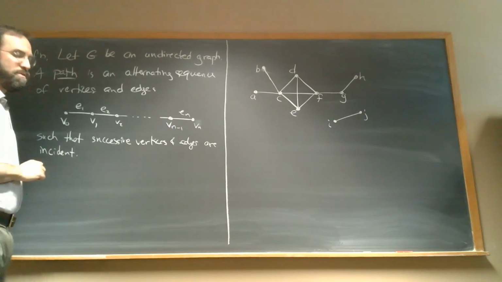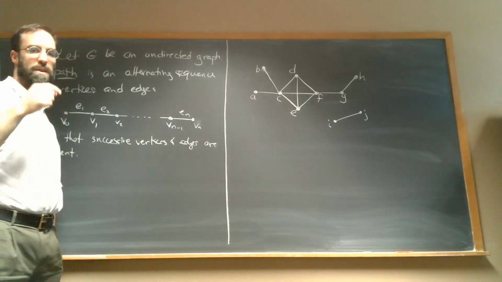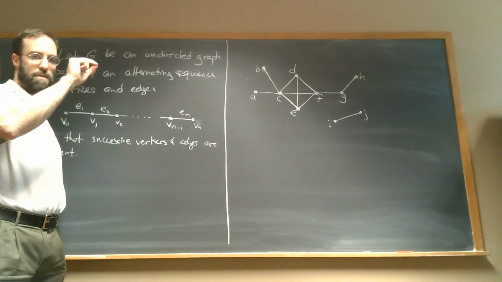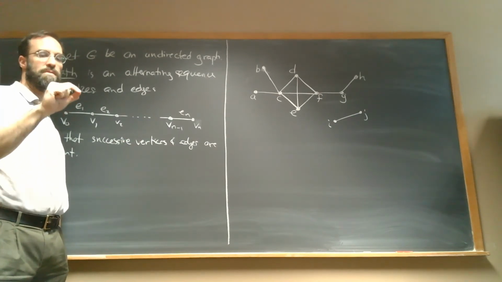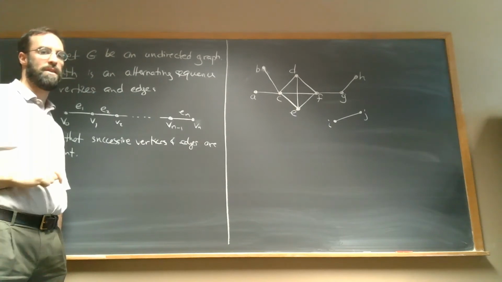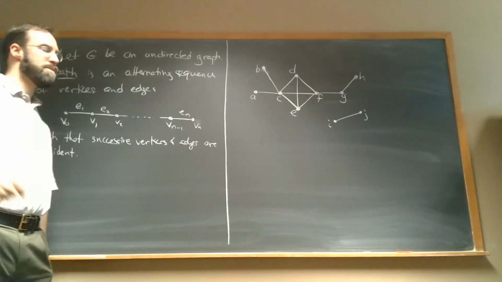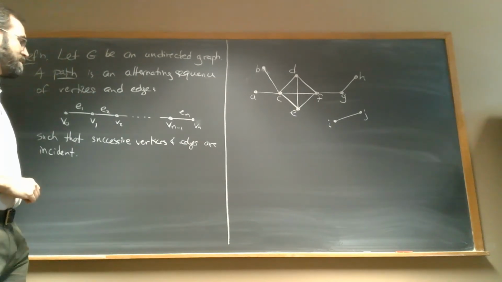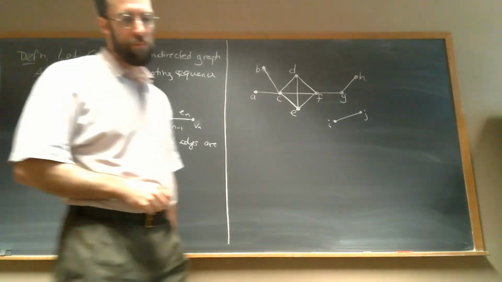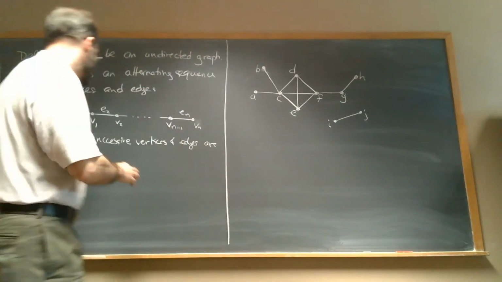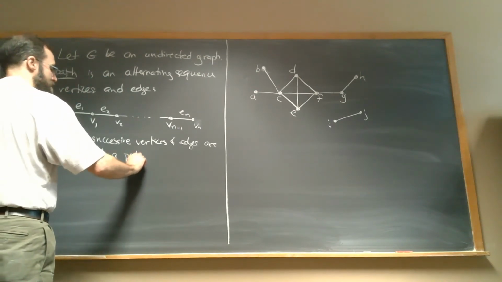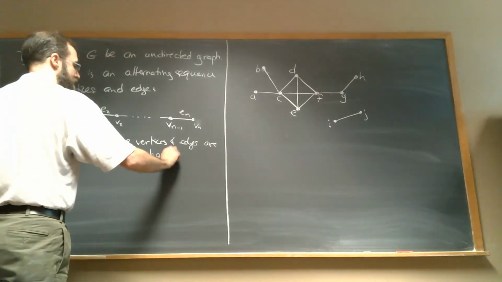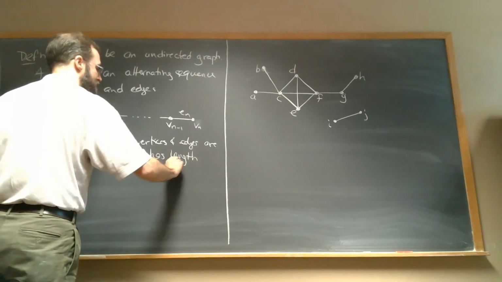Right, but this is just formalizing the obvious idea that we start at a vertex, we have to go across an edge that's connected to that vertex, that's incident to that vertex, and go to another vertex and keep following edges like that. We can't skip from some vertex to something else that's not connected to it. Okay, and we'll say such a path has length